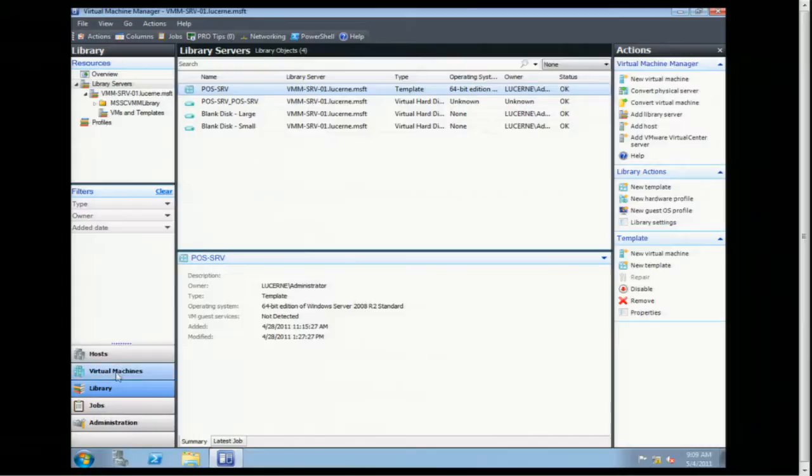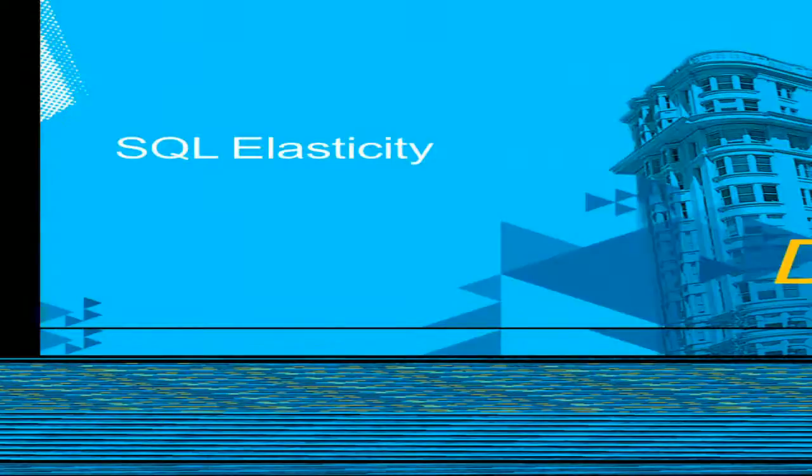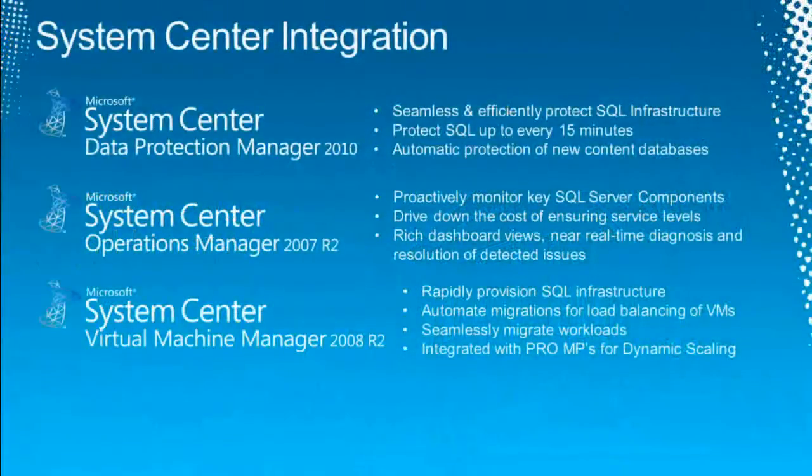Now, if I go back to my virtual machines, in fact, I'll leave that for now because we've looked at dynamic memory already, so it was just a bit extra on DM, but we've seen that already. So final bits to wrap up. I talked right at the start about how System Center provides that extra value. We've just seen how VMM can, with its templating and its integration with the way we can sysprep, deploy